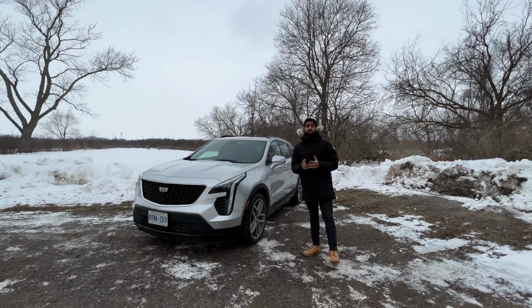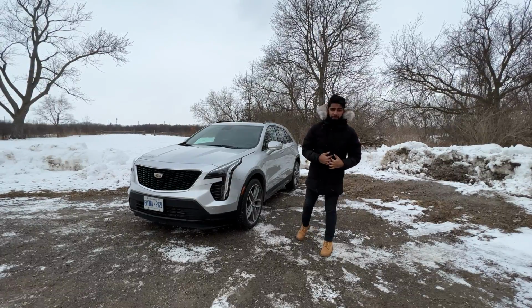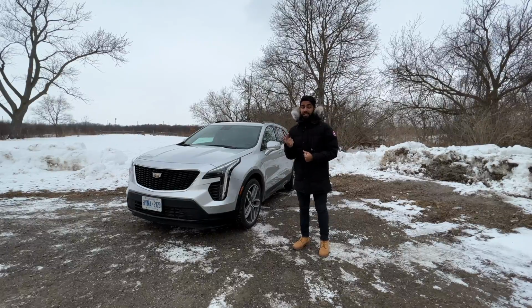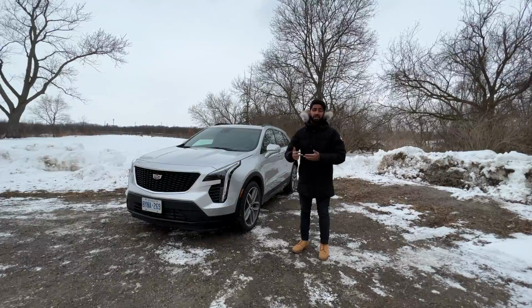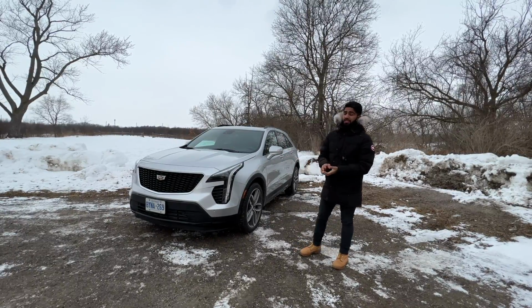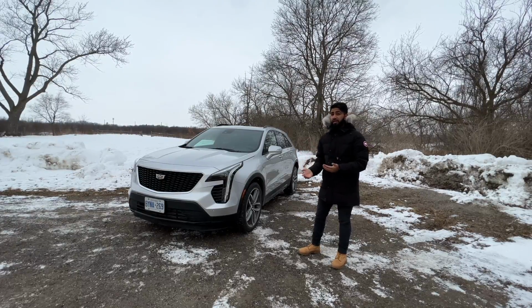The crossover SUV market is a relatively new market, and it's emerging to young adults like myself. People of my age are starting to get into these cars because they want something that's practical, that's an SUV, but still doesn't look bulky, like you're carrying 3 kids and a dog and a bunch of groceries. So what does Cadillac decide to do? Well, they decided to put it out as their entry level. The cheapest Cadillac you can get is the XT4, and they put it out in the crossover SUV form, which